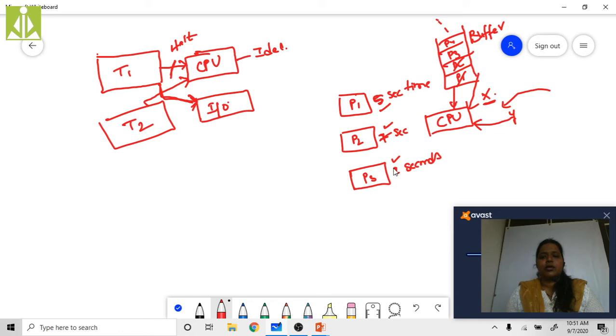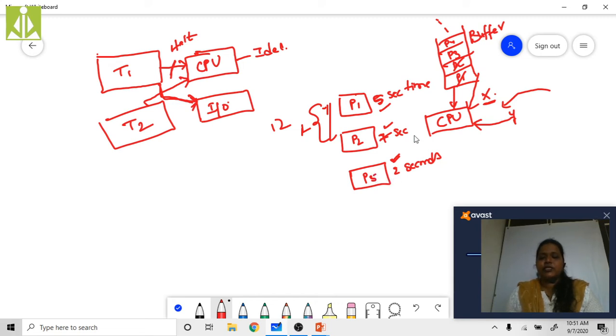Is it not so? To execute for 2 minutes, how much time is it going to wait? How much time is it waiting here? 5 plus 7, which is 12 minutes of waiting. So 12 minutes it is waiting, while it requires only 2 minutes. Here comes the concept of process management, managing the processes.